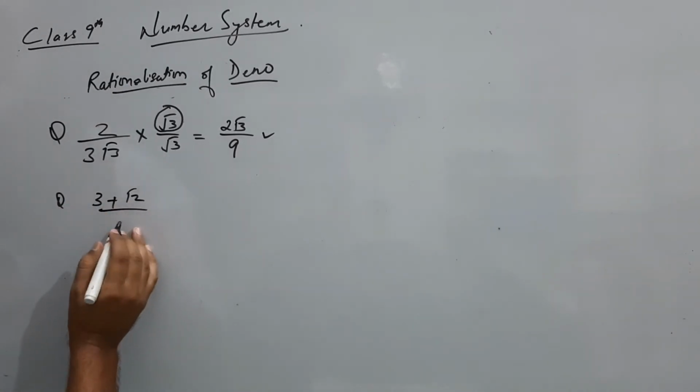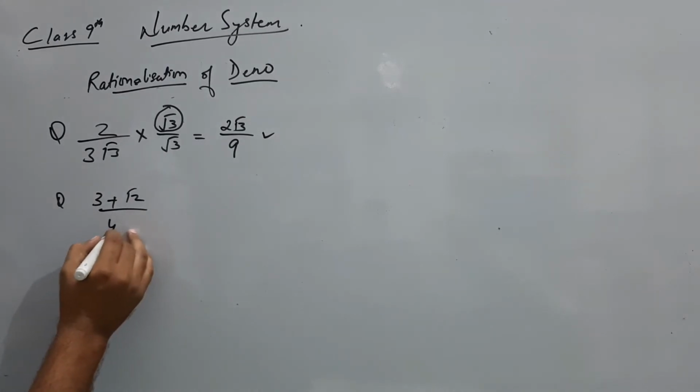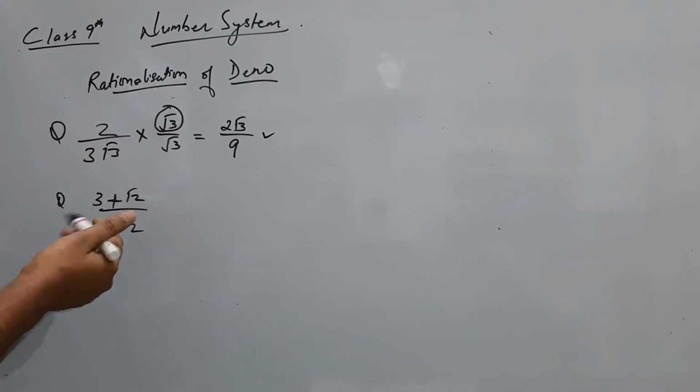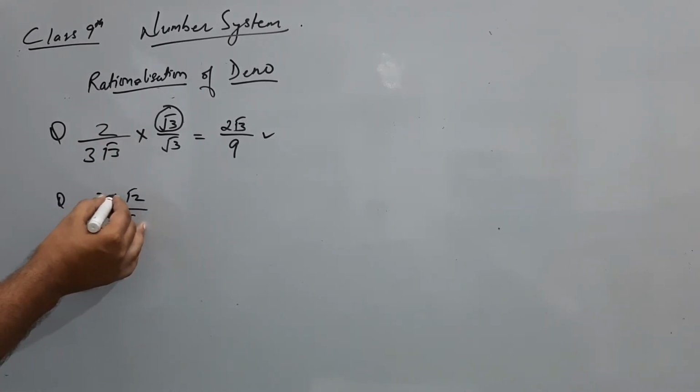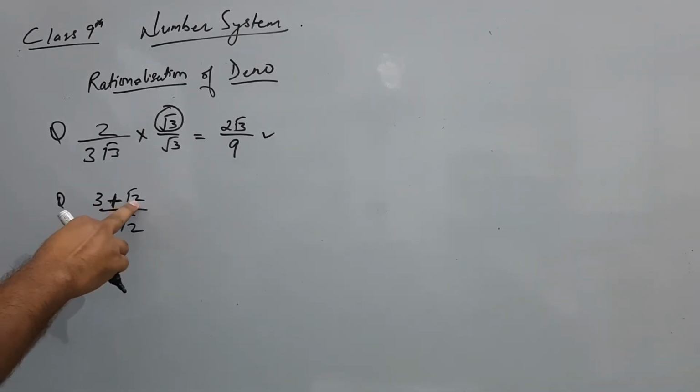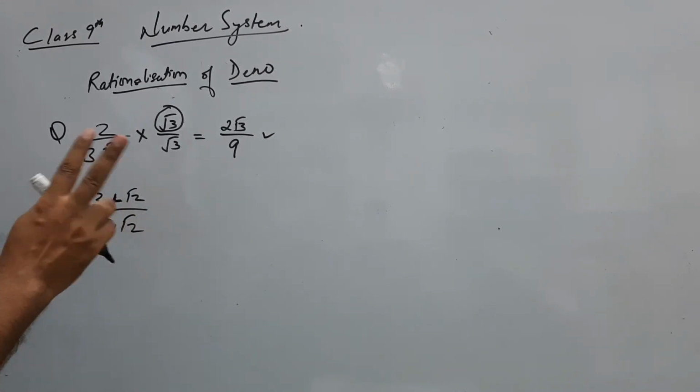Plus root 2 upon 4 root 2. In this case, there are how many terms? Here it was only one term, but here we have one term, 2 and 3. Now why is it called 1, why is it called 3? Because this plus sign makes them separate, but here there is no plus sign. Only plus sign and minus sign make the terms separate. So here we have one term, second term, and this is the term which is not included in this. So it is the third term.